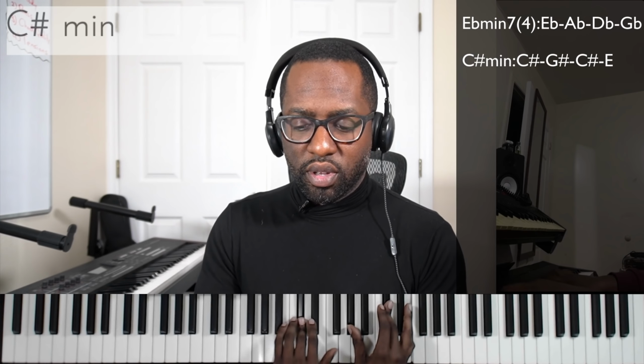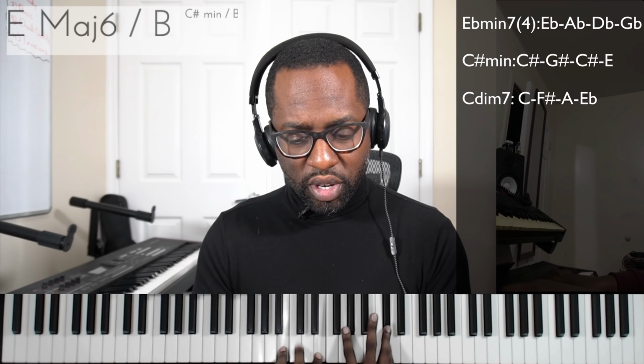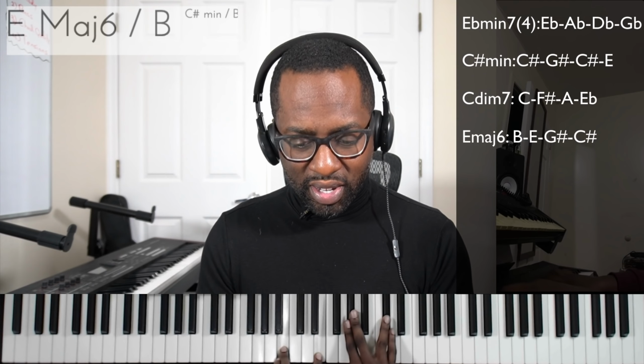The first one is going to be a minor 7/11 chord. Okay. The second one is going to be a C sharp minor chord. The third one is going to, and it's a total of 8 chords. The third one's going to be a C diminished 7 chord. And diminished 7 chords like to move a half step up or half step down to major or minor chord. So this is moving to a major chord. It's called an E major 6. Then the next one is going to be a,